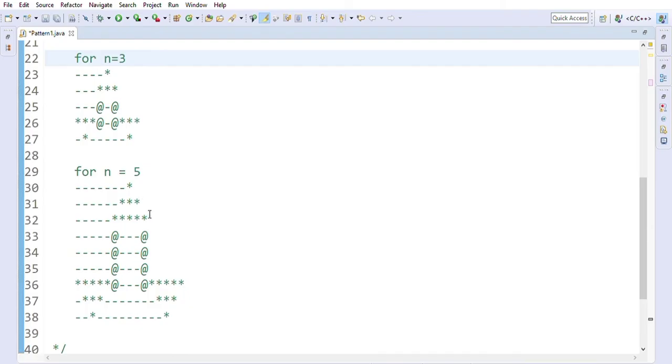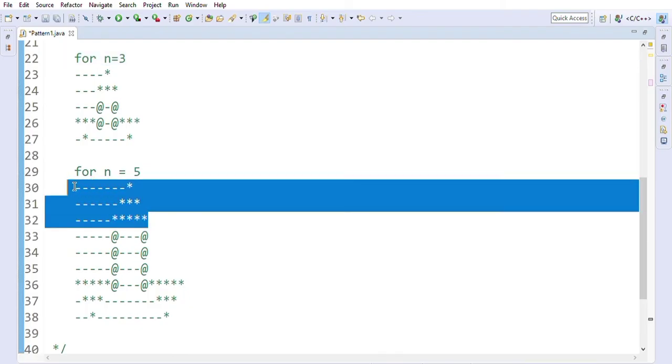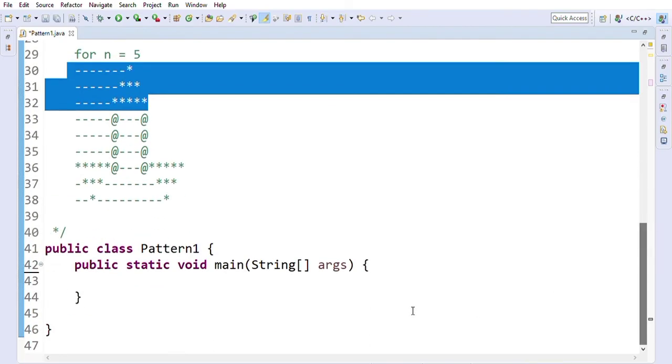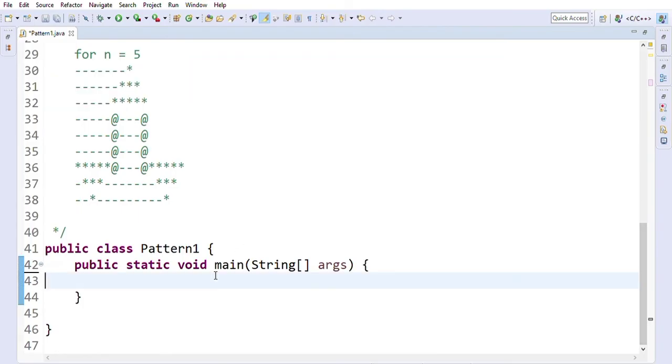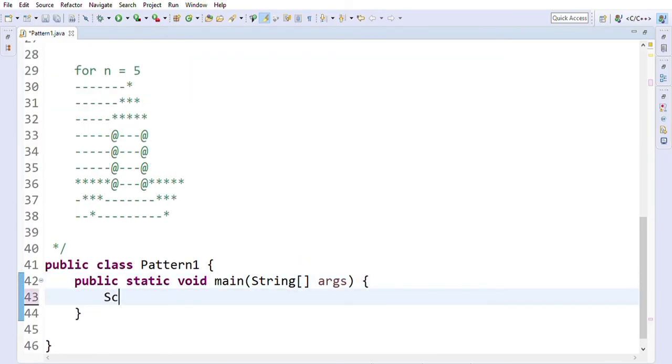Okay, let's solve the first part, that is this. First we have to take input from the user, so let's create an object of the Scanner class.